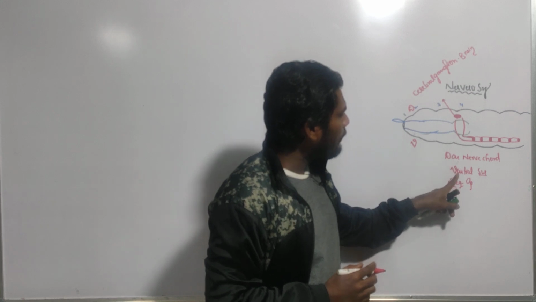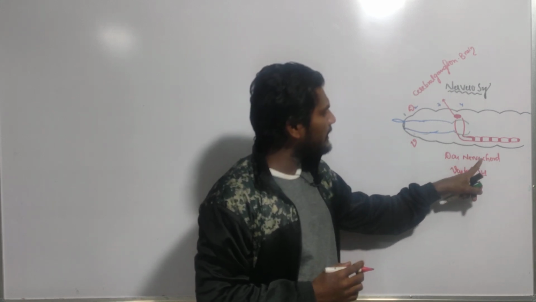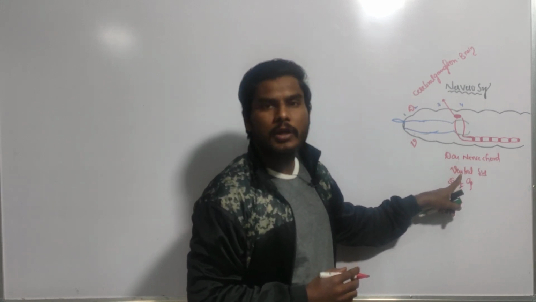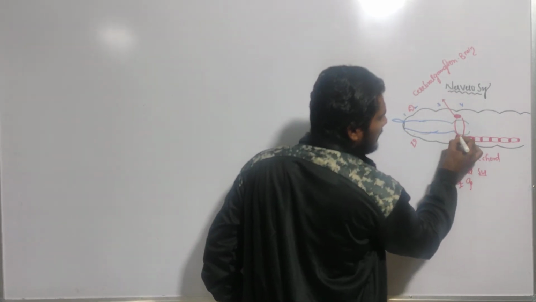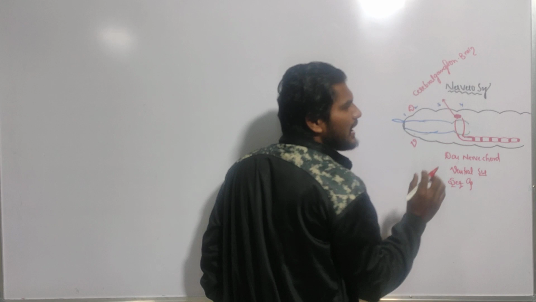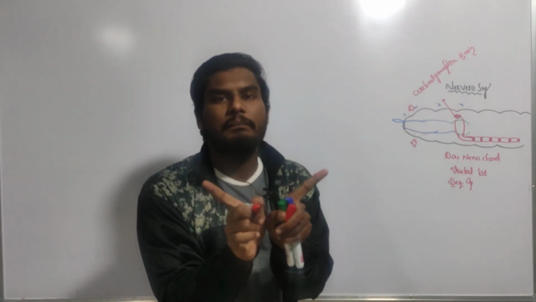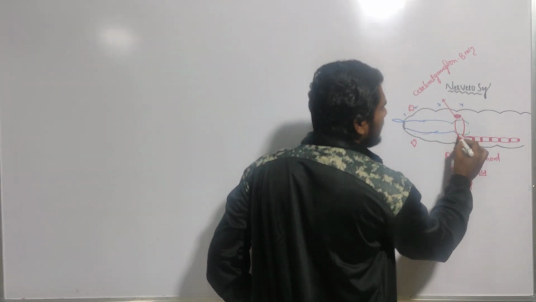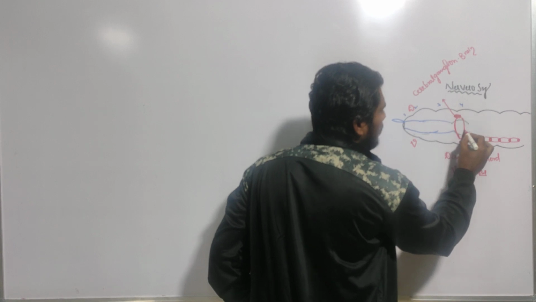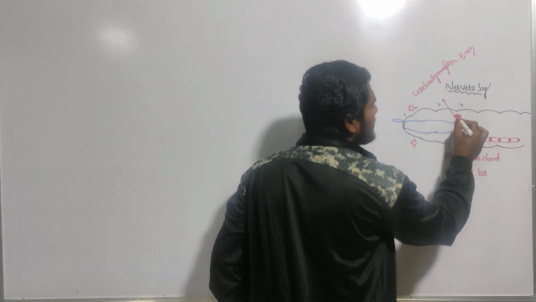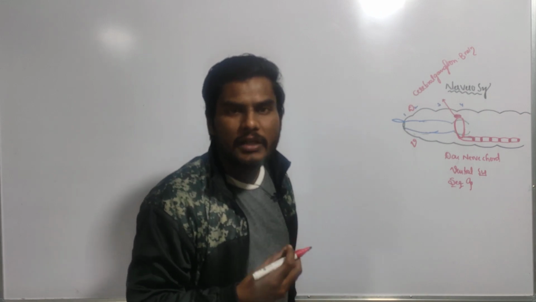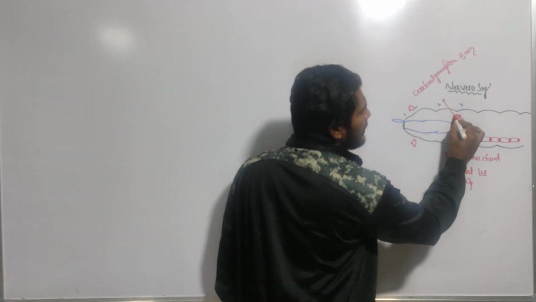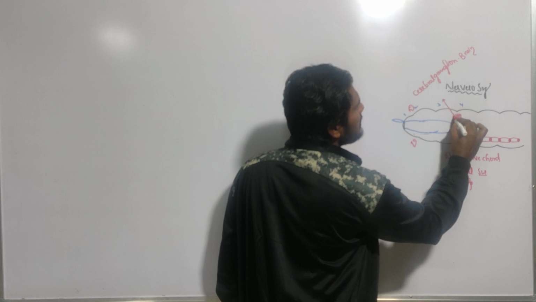So double ventral nerve cord is telling that nerve cords are 2 and it is located in the ventral surface. And this nerve cord is bifurcated, and this nerve cord is bifurcated. Bifurcated means split. After splitting, they are making a circle around which part of the alimentary canal? Around the pharynx they are making the ring. So the ring is surrounding the pharynx, and these nerves are fusing with the ganglion which is present in the